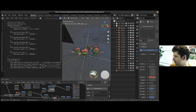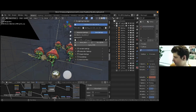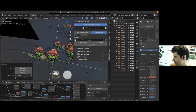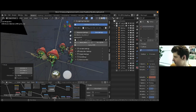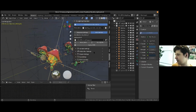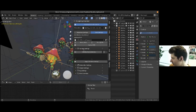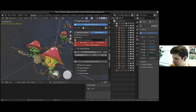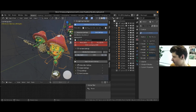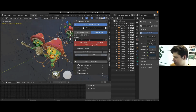So what I did was make that into an add-on with a user interface where the lighting artist could just go in and read out the settings, and manage the different sequence and shot settings directly in the UI, add them in and directly see what's going on without having to go into the text editor and make sense of whatever those JSON files are saying. And so far it's generally working quite well. There are issues where it's difficult to say if it's the add-on or the execution, or just a general issue with overrides, but